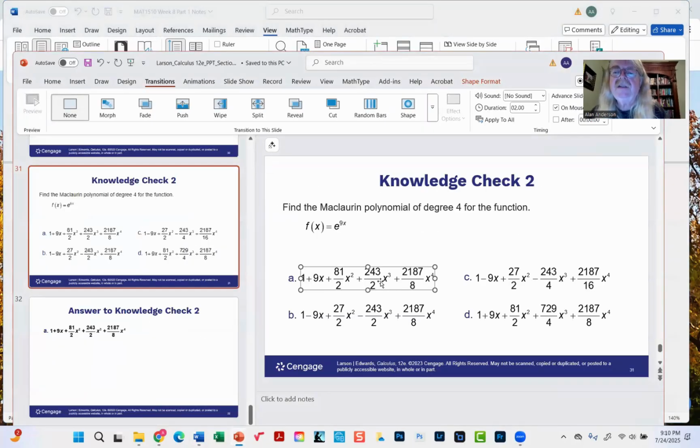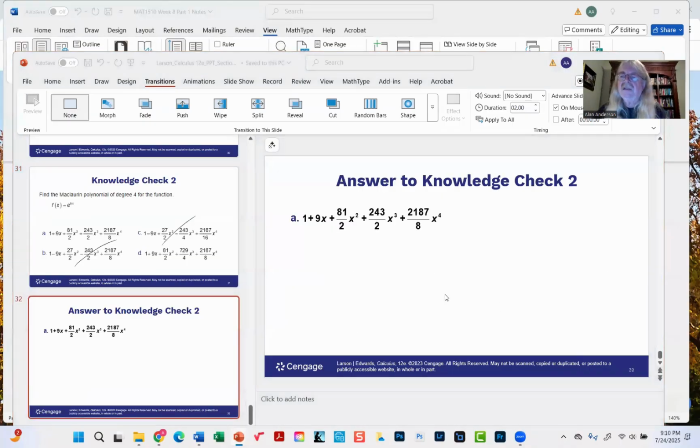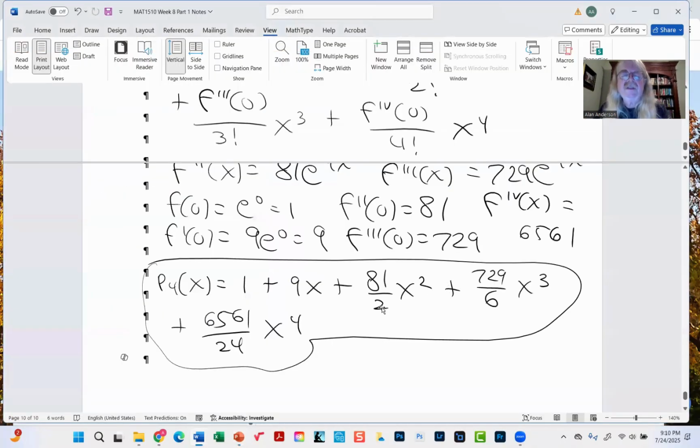Okay. And you know, you can rule out like this one and this one because they have negatives. And then this one, the coefficient for x cubed is wrong. All right, so it's definitely A. Okay, great. Okay, so that is 9.7. Now what comes